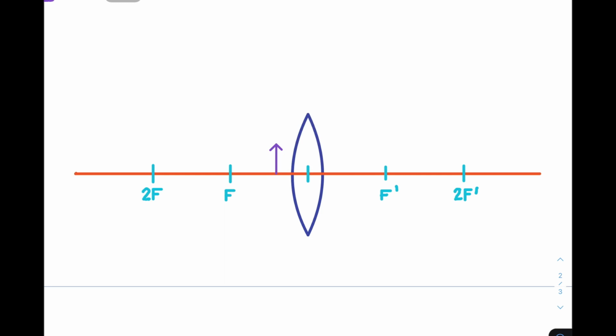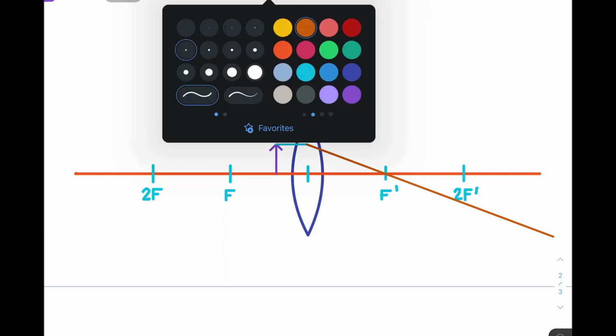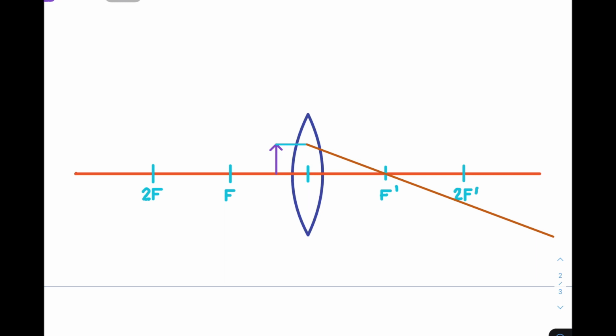First, the same rules apply. If a ray is parallel with the principal axis, it will be refracted through the focus prime, just like that. And next, if it passes through the optical center, it will not be refracted,